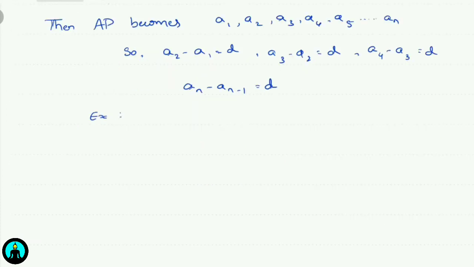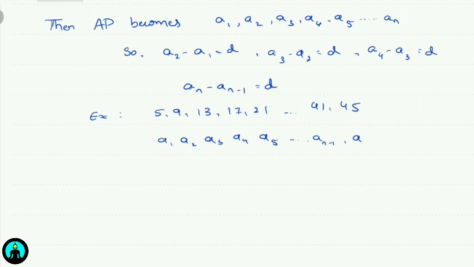To understand this general expression, let me take one more example. 5, 9, 13, 17 and 21 up to 41 and 45. Here 5 will be the first term. Similarly the second term is 9, the third term will be 13 and it goes on, and the last term will be 45. So in general form we can write A1, A2, A3, A4, A5 and 45 will be AN and 41 will be AN minus 1.